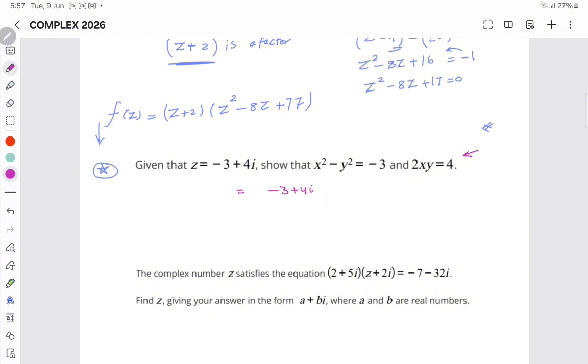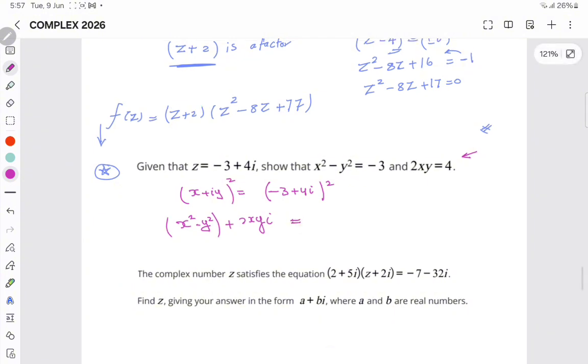And as you know, z represented by x plus iy. So if we square both sides, we will get here as a real part x squared minus y squared plus 2xyi,